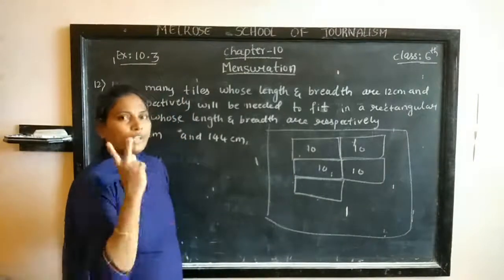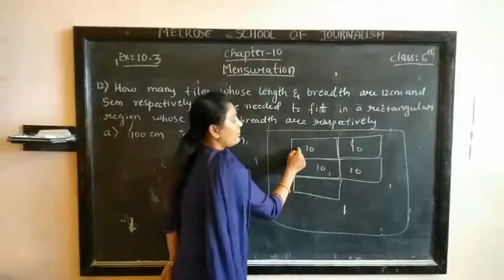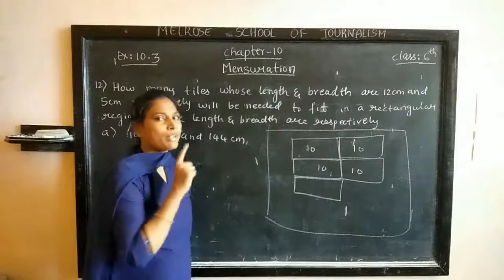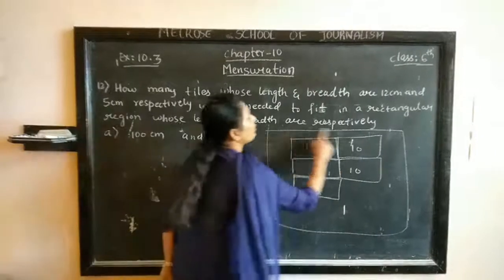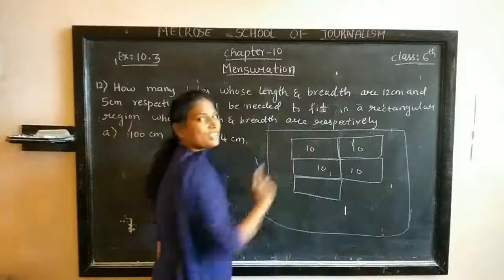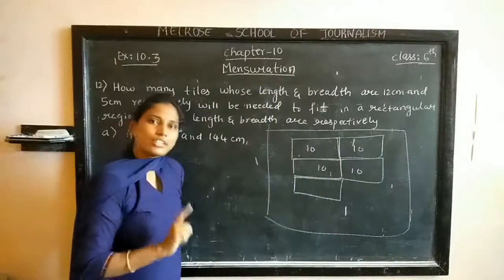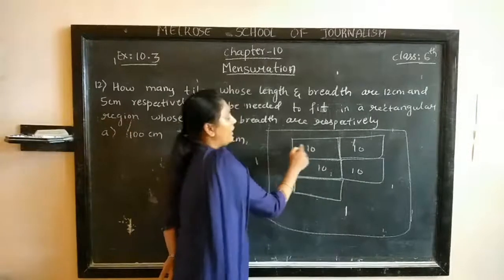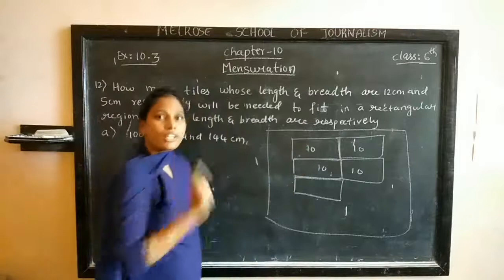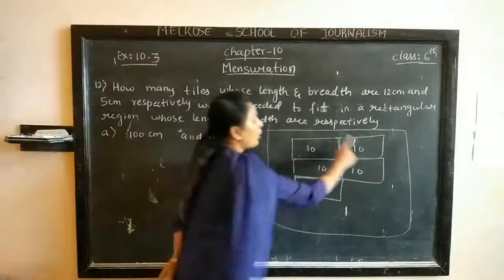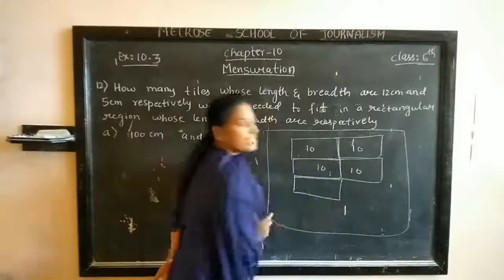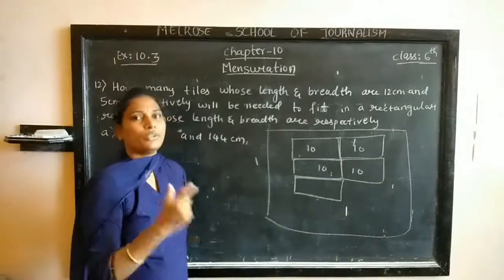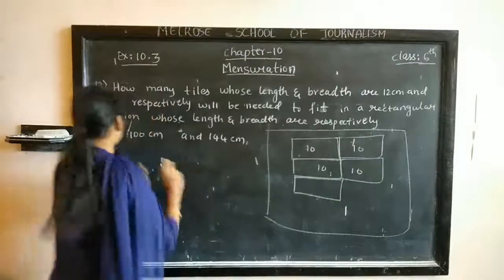Understood? They have given two measurements. What are the things they have given? The tile is a rectangle in shape, and its length and breadth are given. And the measurement of the room or region is given, length and breadth of the region also. First thing is we need to find out the area of the region. Next thing is we need to find out the area of the tile. And to find out how many tiles are given in this region, we need to divide area of region by area of each tile. Will give you the number of tiles. Clear? Okay. So simple it is.